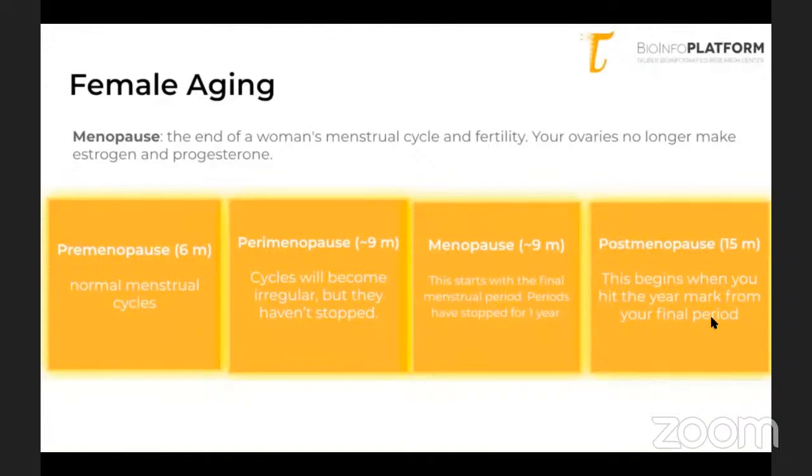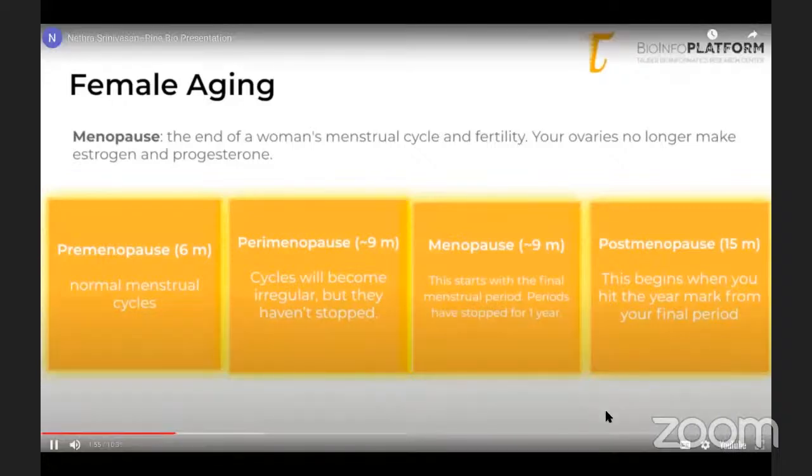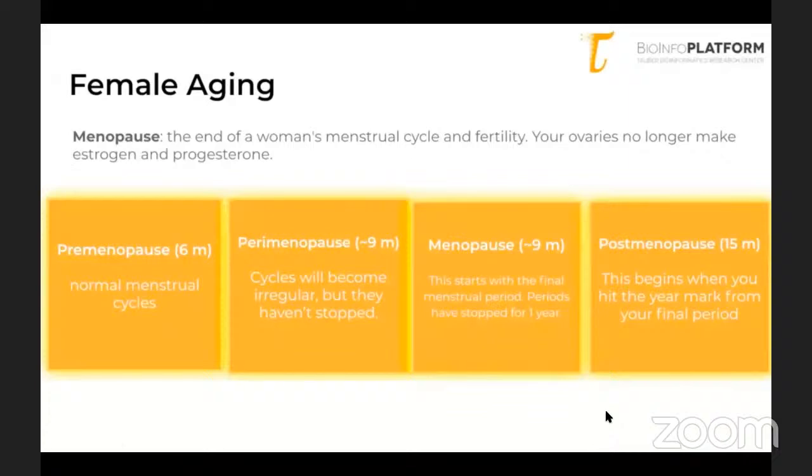So the first phase, which is both in humans and in rats, is premenopause, which is about 6 months for the rat, in which they have normal menstrual cycles. And they transition onto perimenopause at about 9 months, in which the cycles become irregular, but they haven't stopped completely. So menopause at about 9 months starts with the final menstrual cycle. And for humans, it would have stopped for about a year when we think about human menopause. And then post-menopause is at about 15 months for rats. But this is in humans when we hit the first year mark from our final menstrual